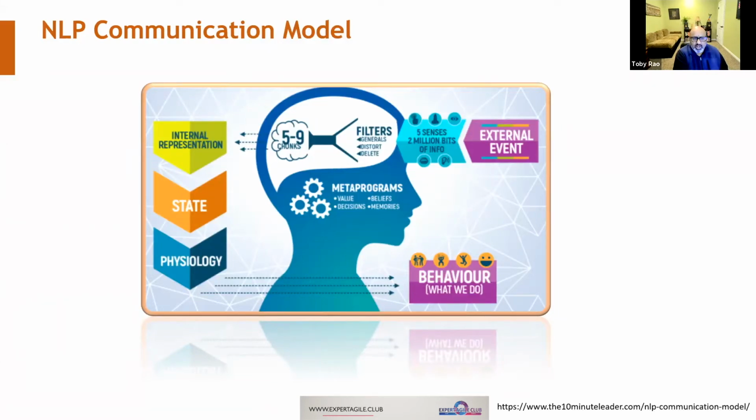So we generalize information, we distort, and we delete some of that information. And then it breaks into smaller chunks of information, and then it goes to the back of your head. And then you internalize it, and then it moves into action. So the example that we talked about earlier, this is a representation of that, right? That flow that we talked about. This is a little more detailed way of how this happens.